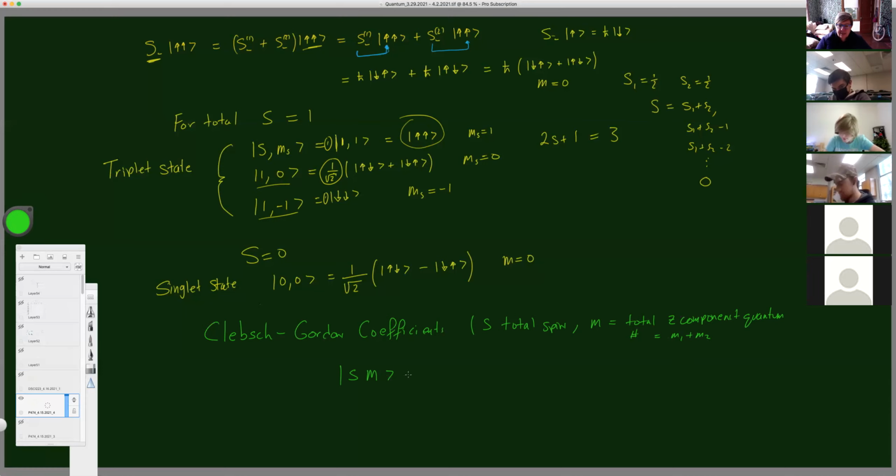It expresses this state as a linear combination of the states that look like this,